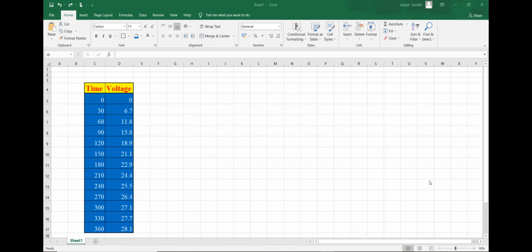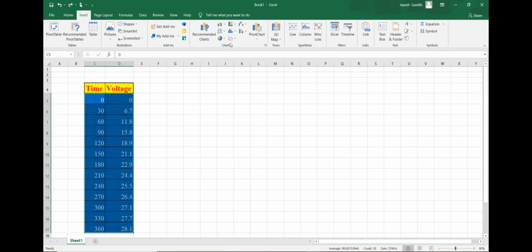So here I have tabulated the readings. In one column we have the time. Every 30 seconds we have taken the reading, and in the other column we have the voltage which we have recorded. So now to plot the graph, what you have to do is select both these columns, and then you go to the insert tab.